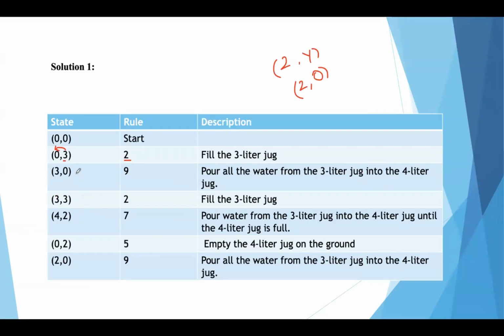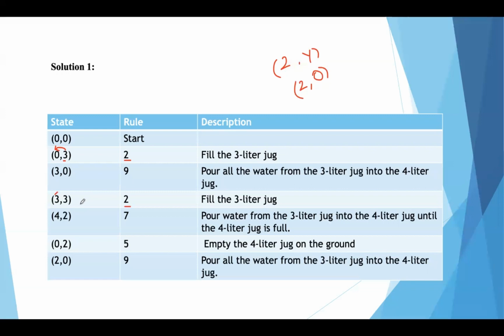Next. So now this jug is empty. So you need to pour water, 3 liters of water into 3-liter jug. So we are filling this water. So what is this rule? So there is no constraint on y, and if you fill 3-liter jug, then that is nothing but rule 2, same rule which we applied before. And after this,